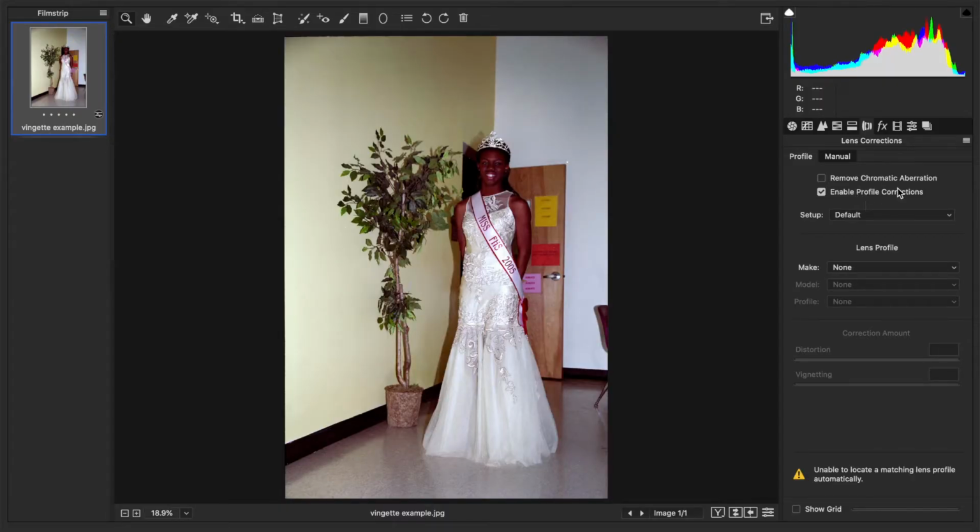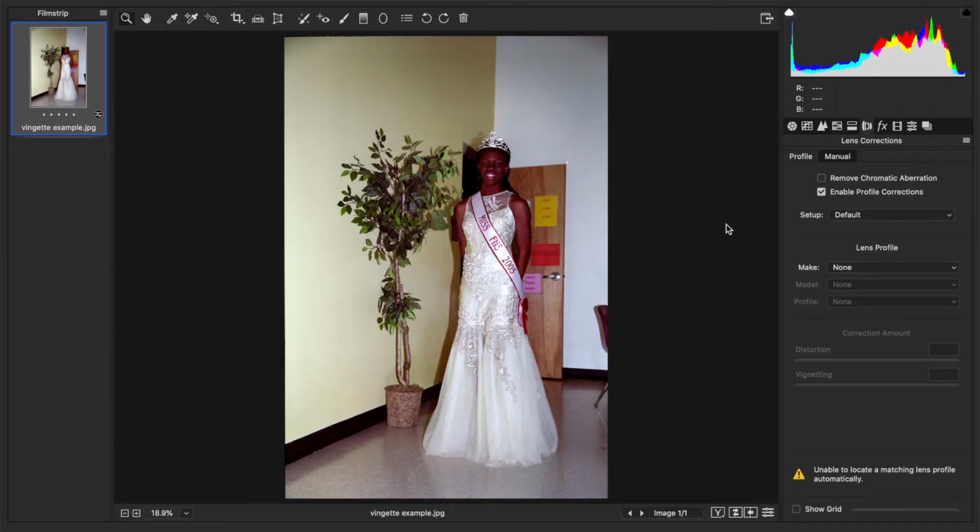Now, what Adobe has done is it can read the picture, the file that you've shot, and determine what camera it was, what lens it was. It can apply the appropriate corrections. So basically, if there's a vignette, it can remove it. Now, this is an old film scan here, so it has no idea what camera this was, therefore cannot apply